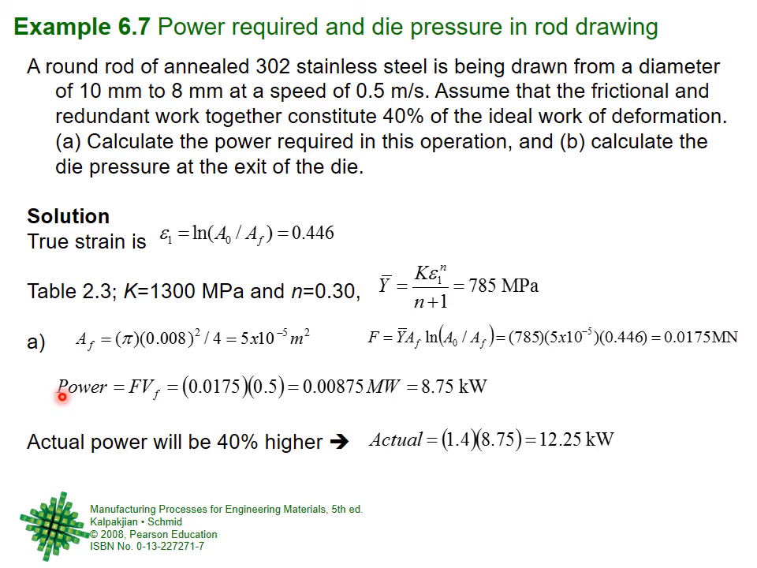Power is simply force into velocity. I am writing VF here rather than V, final velocity, velocity at the end. But this is the velocity already given, so just multiply this by the velocity, keep track of the units, keep track of the units. So it is 0.00875 megawatt, or then from mega if you want to come back to kilo, 1, 2, 3,